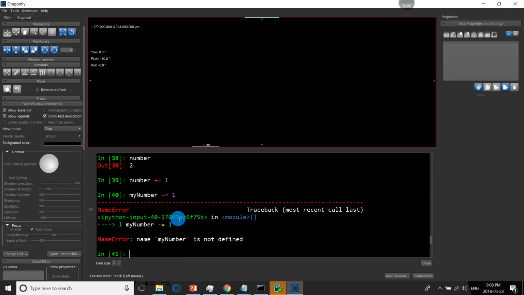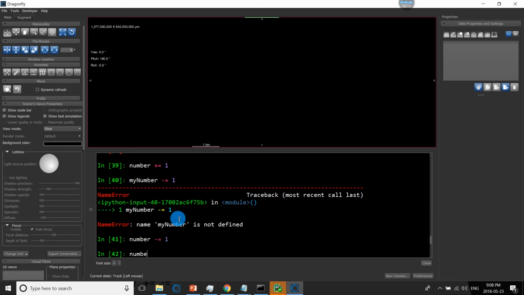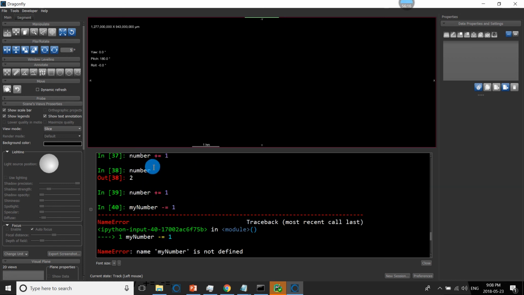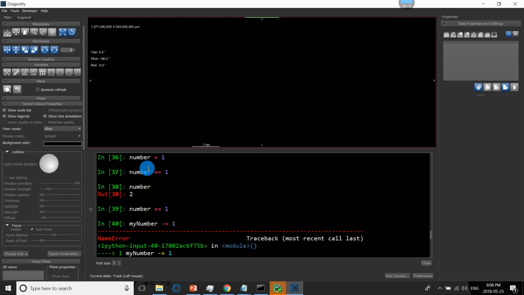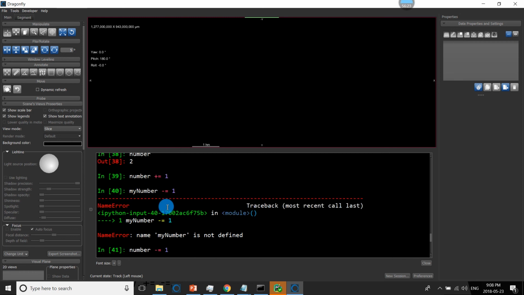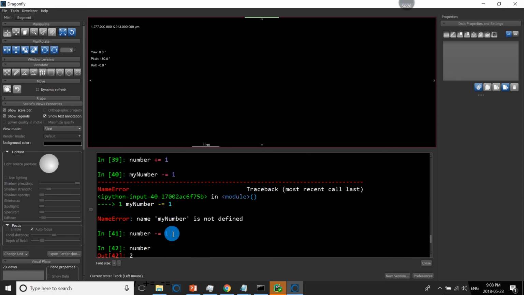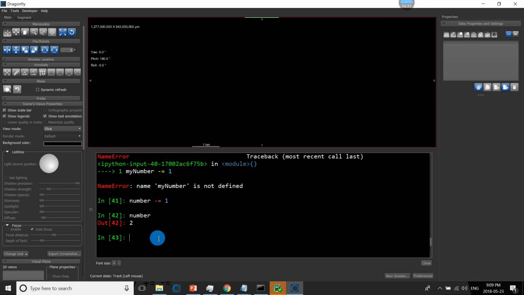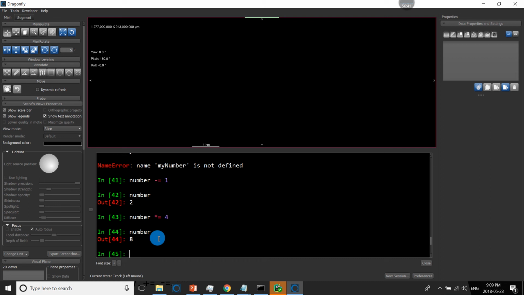And similarly, you can do subtraction, number, and so now number is, so it started off at 1, now this is 2, this is 3, and I decrement it, so now this is 2 now. Does that make sense for everyone? Okay, and you can always do the same thing for multiplication. So 2 times 4 should be 8.